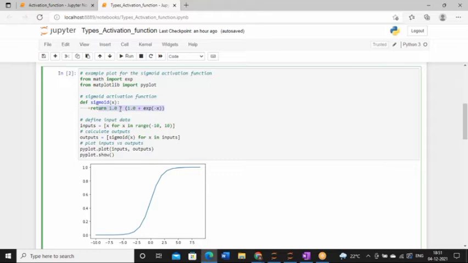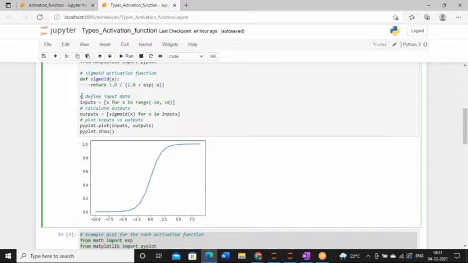The concept is: the larger the input, meaning the more positive the input, the closer the output value will be to 1. If your input value is positive, we can expect that the output we get using this activation function will be closer to 1. On the other hand, if the input value is more negative, then the expected output will be closer to 0.0. So this is the concept of the activation function. And I haven't modified this portion; I have borrowed it from the previous section.